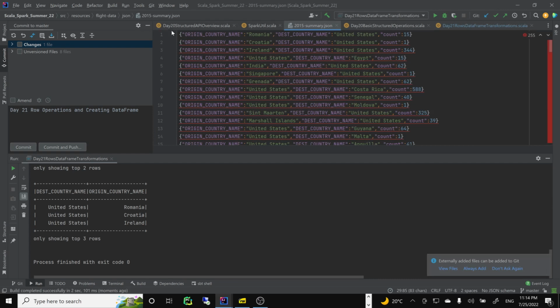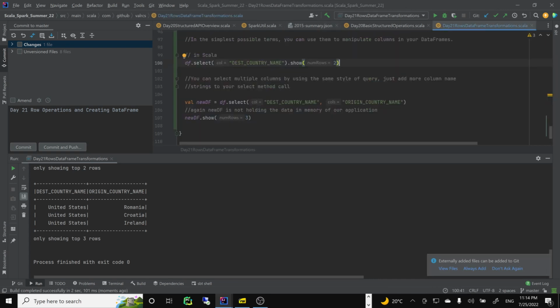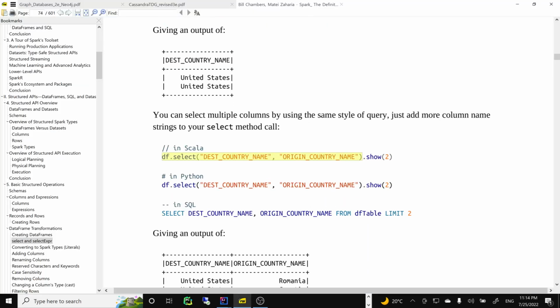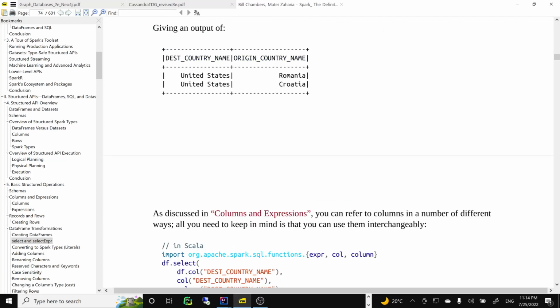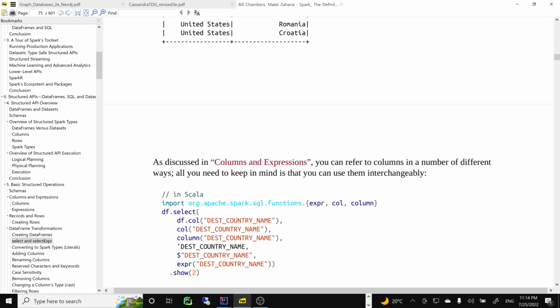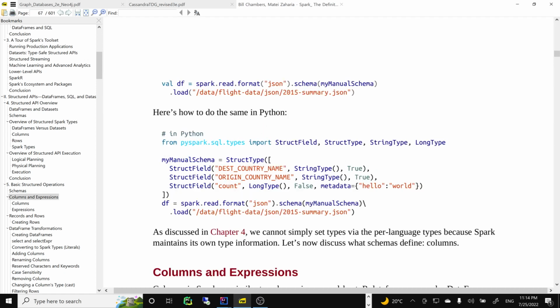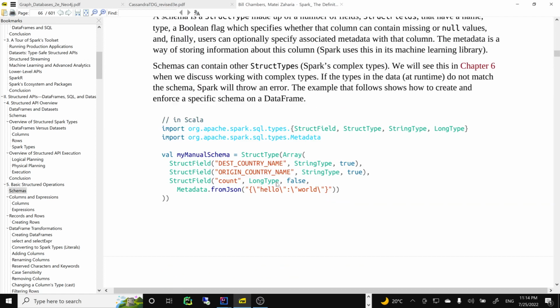So basic stuff. Okay, now that we have the columns working, we can select and do a transformation. Will we show the select in SQL? Right, so there's multiple ways of doing it. So this is 1, 2, 3, 4, 5, 6 ways. But we saw here, we need to import the